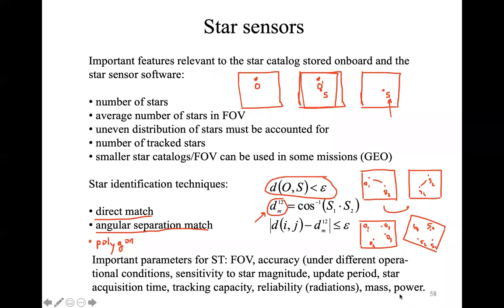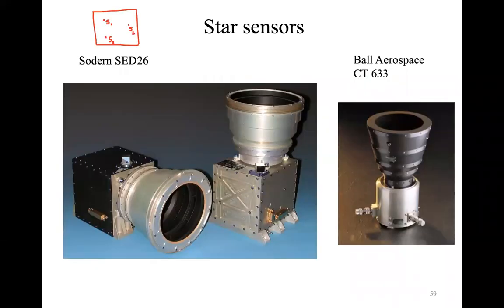Let's assume that we've done this polygonal match, and we know exactly that those stars are the ones that we are looking at. As we said last week, the properties of the stars that we have to take into account are the apparent magnitude of a star, and the spectral type. So assuming that your polygonal match checked that those stars are the ones that we need to control,